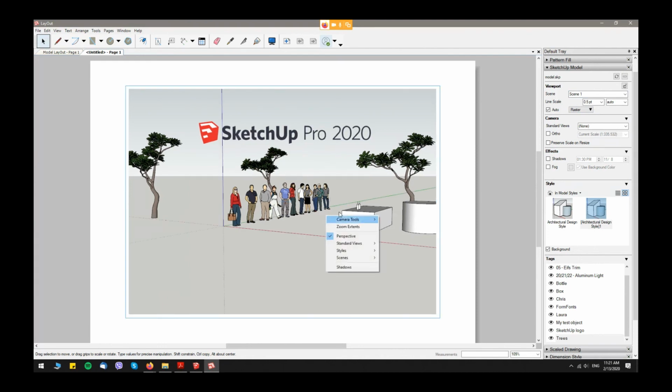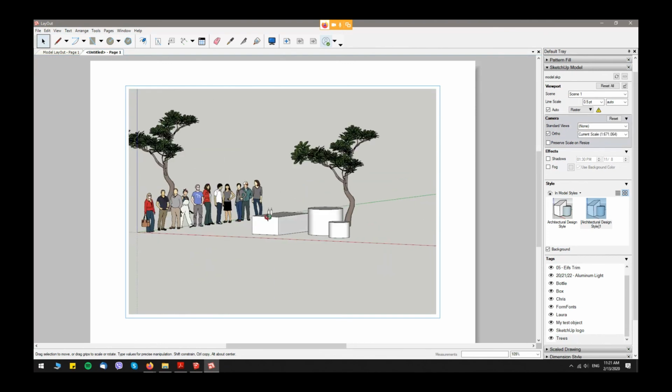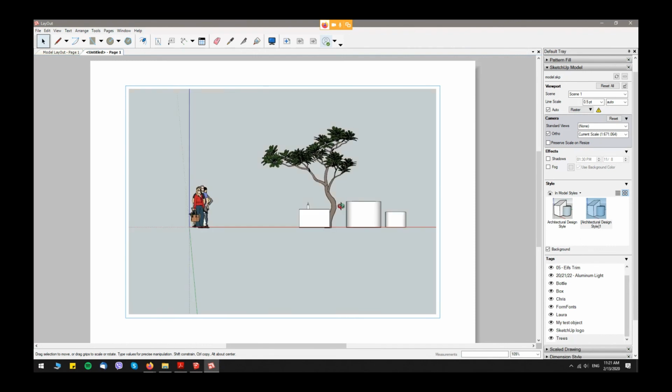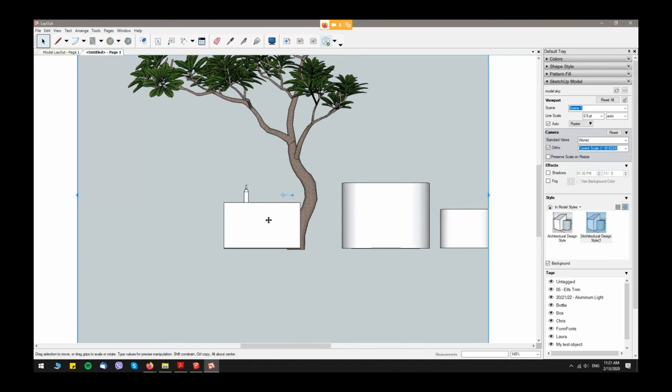When I open my box and I press the right button of my mouse, I can switch off perspective, and this gives me a very easy way to create dimensions. If I want to put dimension on my object, I will switch to parallel projection without perspective, and here